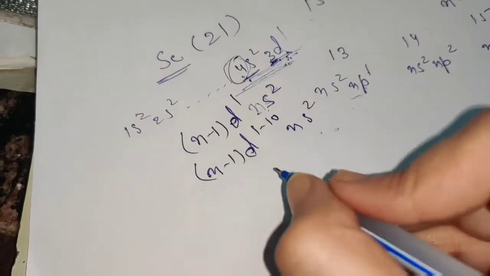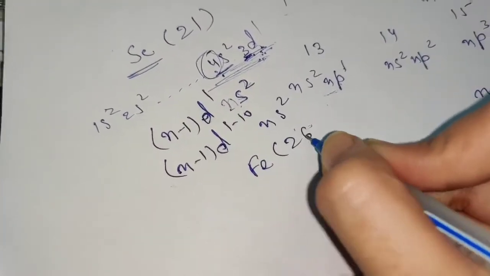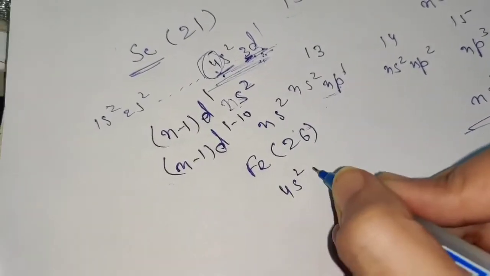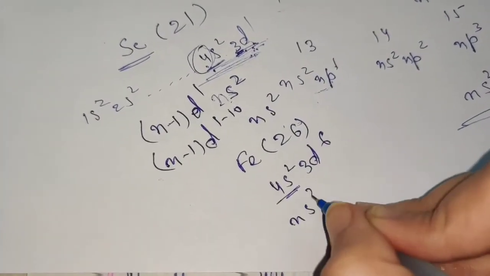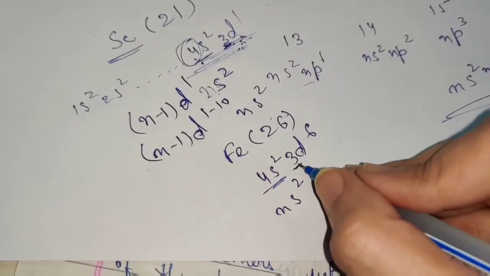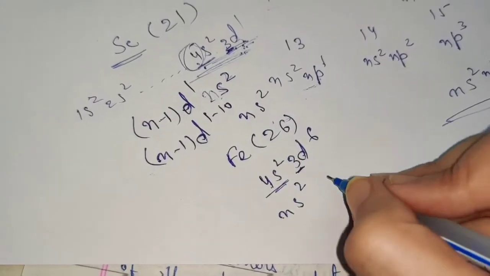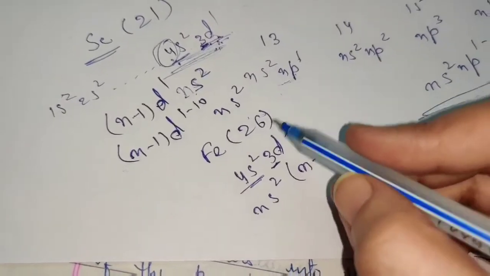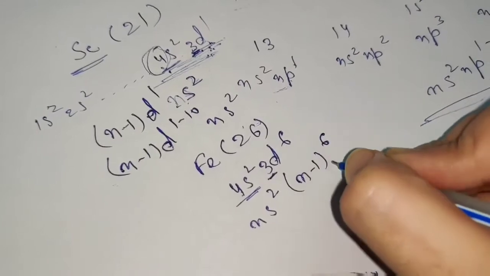So that is why the electronic configuration is generally written as this. Now if I take up another example of iron, atomic number 26, at last you'll find it will be 4s2 3d6. Again 4 means n, it will be ns2, and for D the value of the shell is 1 less than that of the value of n, that is you can write n minus 1, because the last electron is entering into the second last shell, that is the penultimate shell, (n minus 1) d6.